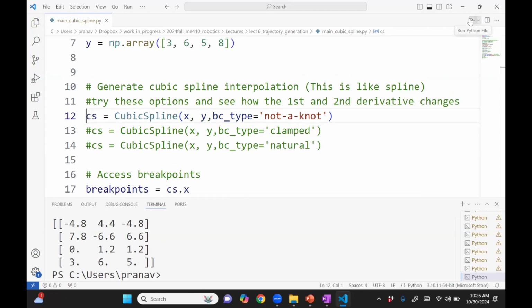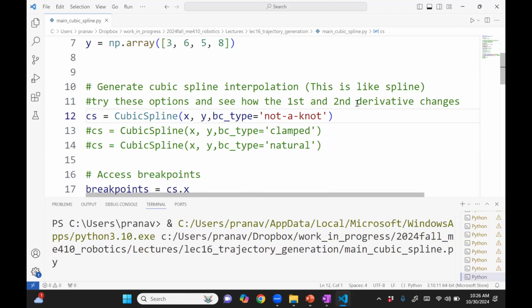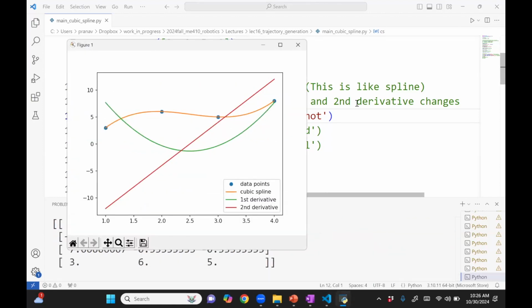And then here is the not-a-knot, where the third derivative at the second point should be equal, is continuous. So here is probably what we've been accustomed to. The acceleration, you can see it goes negative to positive, doesn't go back and forth. The velocity jumps, and actually acceleration also jumps. So it's not really good news for the velocity and acceleration, though the position looks like this. Okay, so